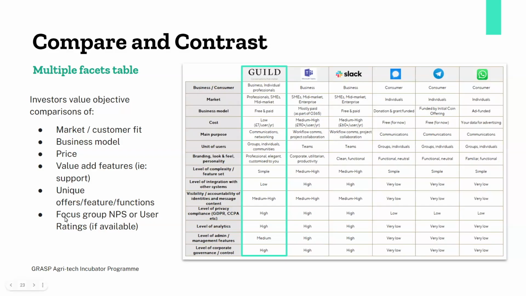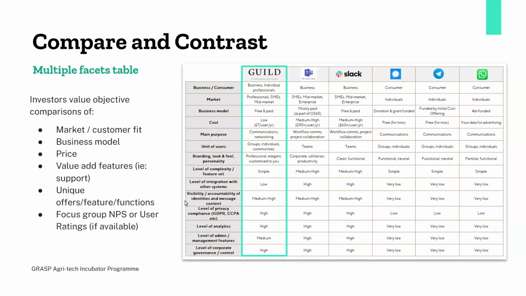If you have any unique offers or features or functions, basically the moat that we spoke about earlier, but drilled down, think of this as the moat for very specific operational bits, right? So what is it that stands out on your service? And if you have things that show your customer feedback, that will always be valued a lot.